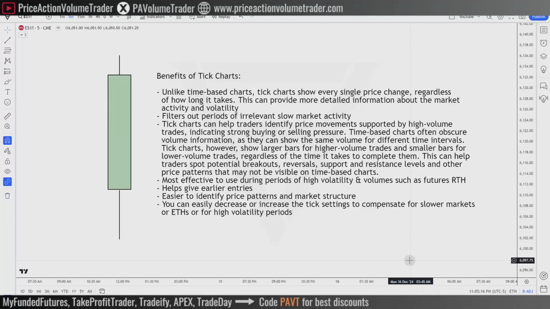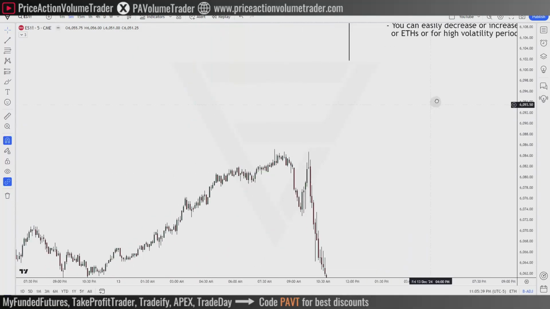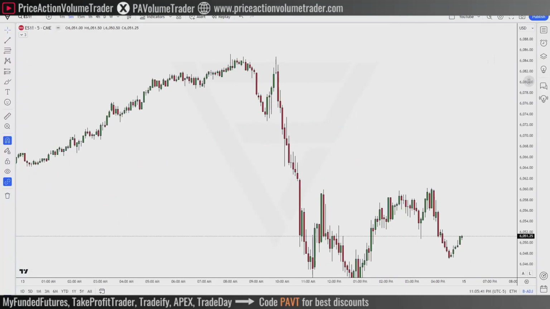Whereas if I'm trading extended hours, like at 8 p.m. at night Eastern, I know that the market is going to have a lot less volume and activity. So I'm going to set it at a lower tick setting so I keep getting more candles printed in that sense. Okay, so now that we've covered theory,